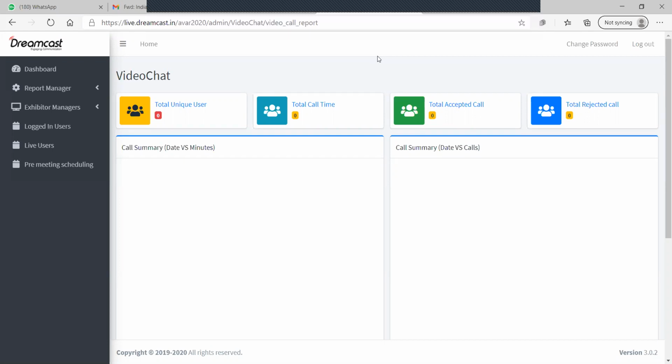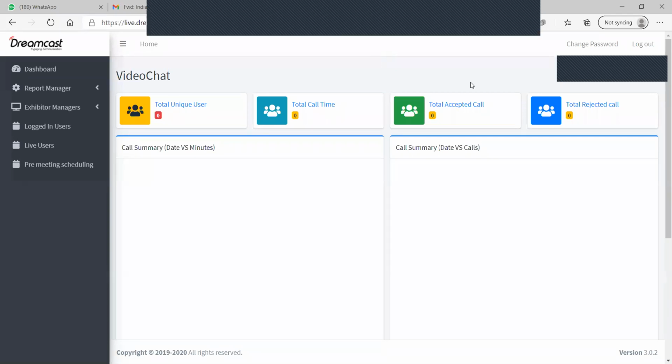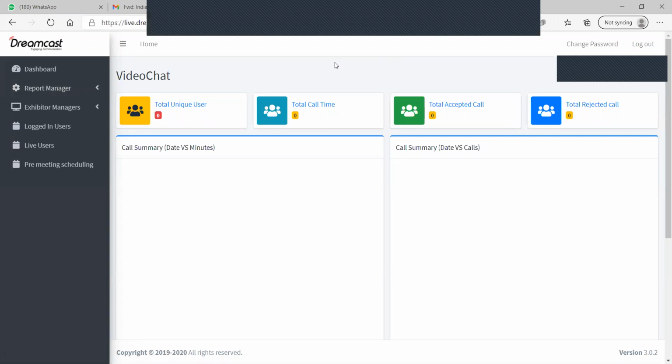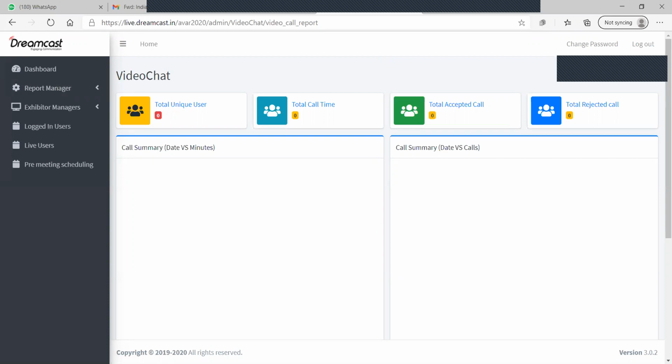And third part, how can you analyze how many visitors have visited your stall, and maybe they are your prospect consumers and all that. So you will find each and everything in the report, their email IDs and all, at the same point of time in the reporting manager. Now I'm going to the front end of this, so that you will get to know what are the things here which you will upload and how you will see them at the front end. I'm going to the front end, just hold on a while.